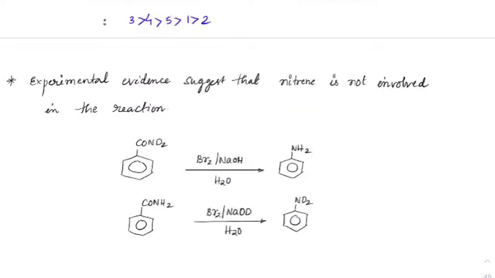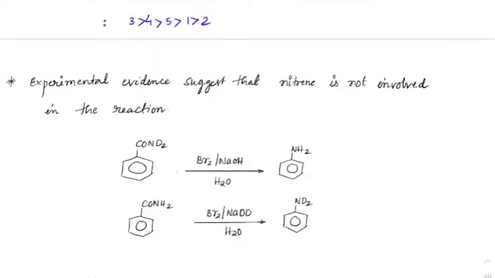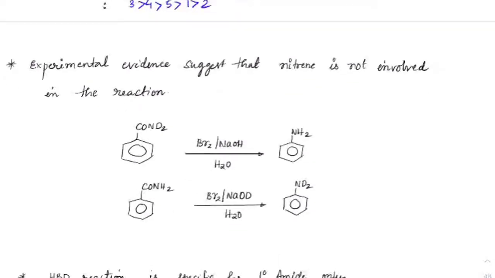Okay. Now another form is, experimentally it has been observed that there is no nitrene formation. This also I have told you the other day. Like if you have RC double bond O, N minus Br is present. It's not like Br first initially leave and then a nitrene is formed here. Okay. And then the migration will take place. This is not seen. The migration is not happening like that.